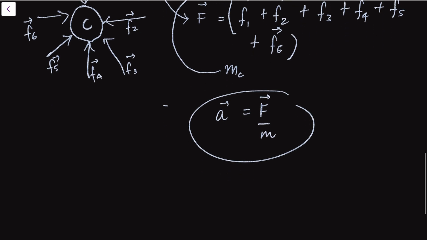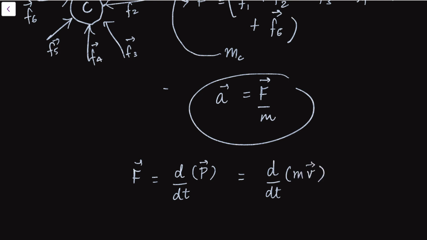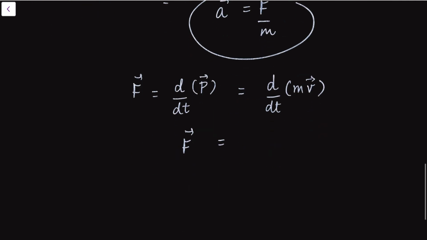Now, if we look at some mathematical derivation of this second law of motion, we can say that the rate of change of linear momentum of a body is equal to the force acting on it. This means force acting on it is equal to rate of change of linear momentum. And we know that linear momentum is nothing but mass into velocity. This means force will be equal to,